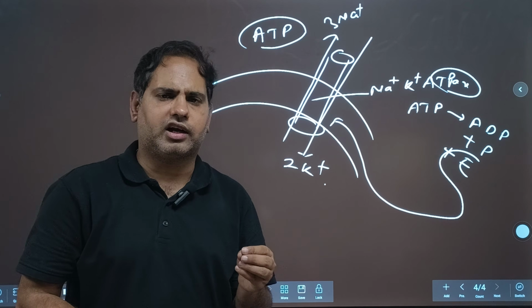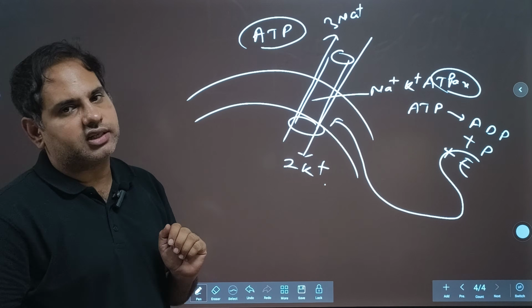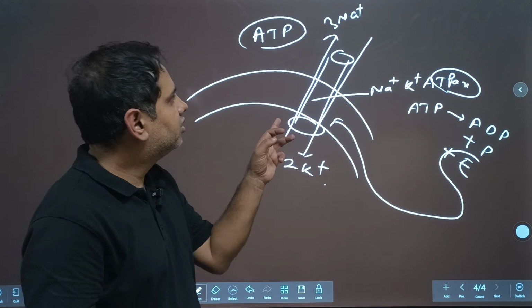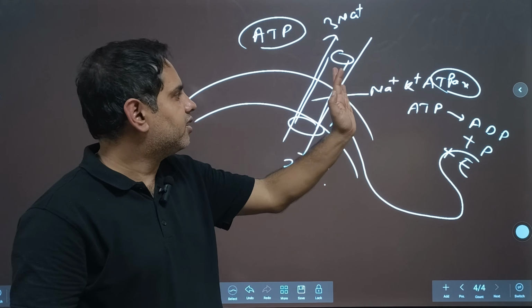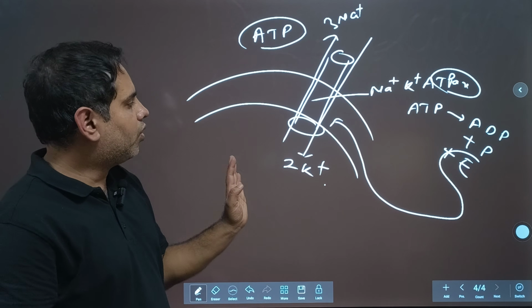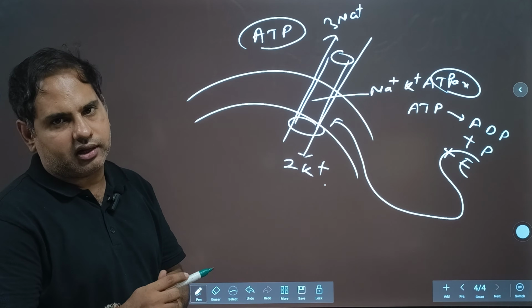हमने पढ़ा था, अगर आपको याद होगा, प्राइमरी एक्टिव ट्रांसपोर्ट सिस्टम। तो प्राइमरी एक्टिव, इस पंप को चलाने के लिए आपको एनर्जी चाहिए, दैट्स व्हाई वी कॉल इट प्राइमरी एक्टिव ट्रांसपोर्ट। क्यों चाहिए एनर्जी? क्योंकि आपका सोडियम अंदर से बाहर जा रहा है, राइट, और पोटैशियम आपका बाहर से अंदर आ रहा है, राइट। तो अब आपका ये पंप, दिस पंप इज एटीपी डिपेंडेंट, राइट।